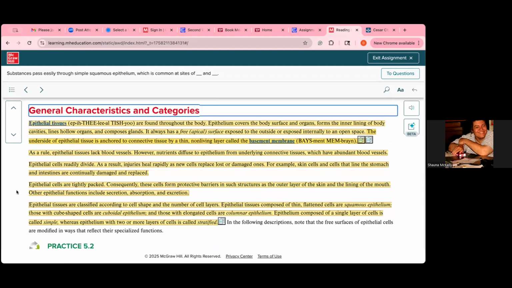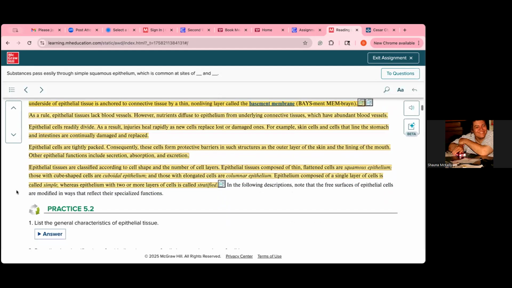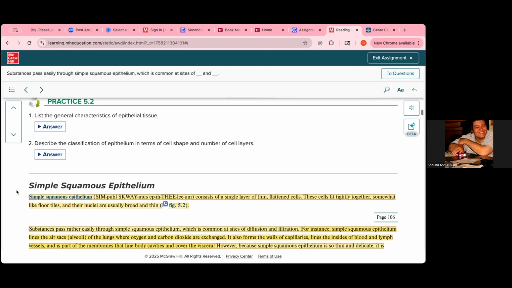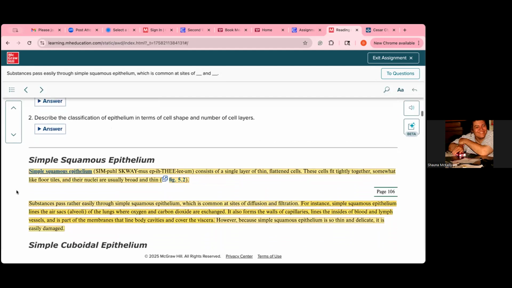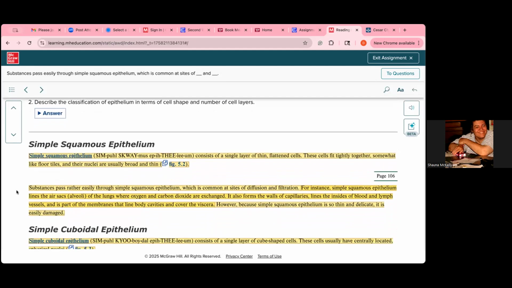So we have to read down to... yeah, I think we need to read a little further. Okay, yeah, here it is. Simple squamous epithelium consists of a single layer of flattened cells. These cells fit tightly together, somewhat like floor tiles, and their nuclei are usually broad and thin. Substances pass rather easily through simple squamous epithelium, which is common at sites of diffusion